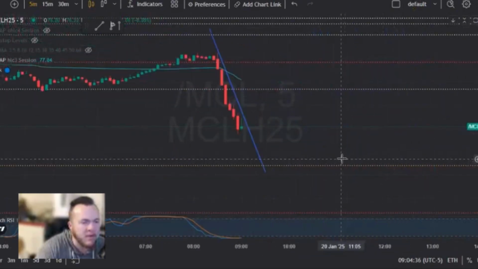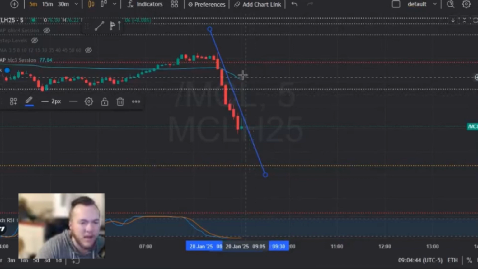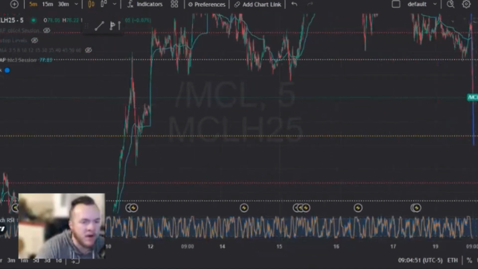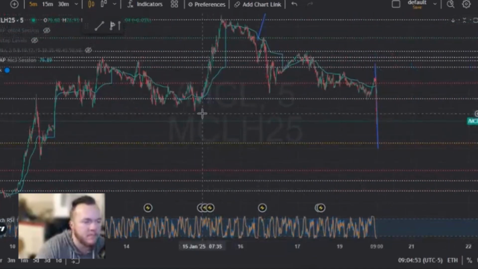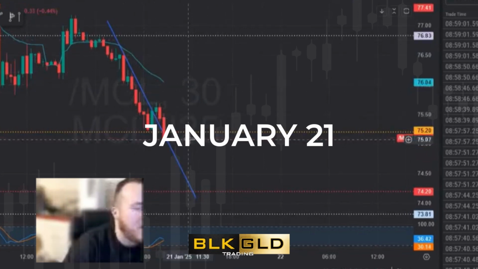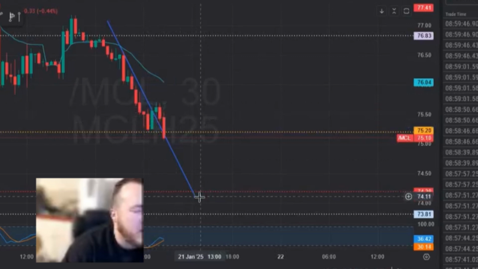And so if we get a solid break to the upside here, if you do take a buy, I'd probably close out the majority of the position at 76.83 and then let a runner go, see if it continues up. Otherwise, we could be hard trending down on oil today. All right, so technically the conditions for a buy here are met, right? We had a downtrend and we broke the trend line.